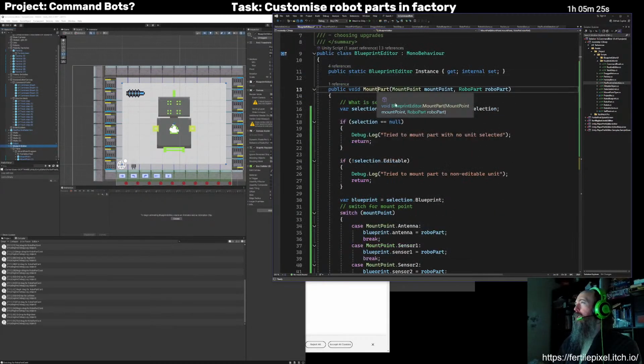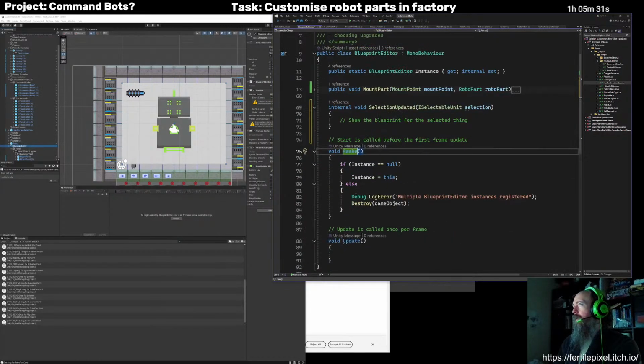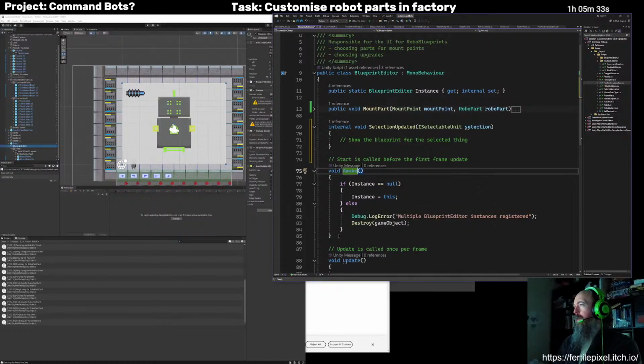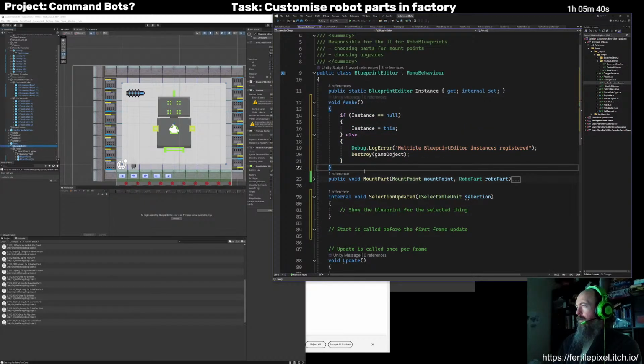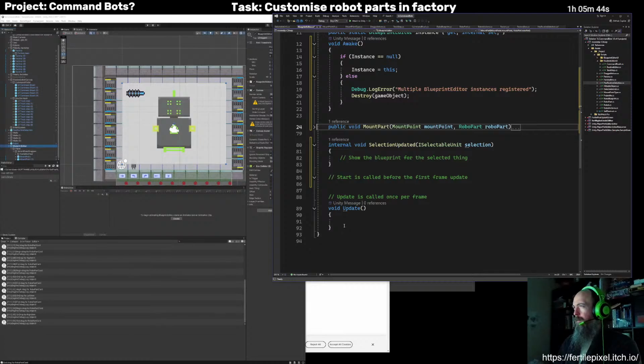Got this being a singleton. I've got mount part, selection updated I'm working on. Probably should move that up here, since it's only relevant to the singleton. And it looks like that's all I've got as well.